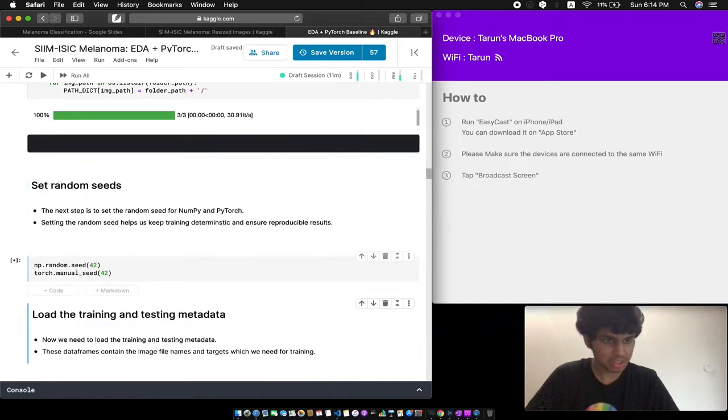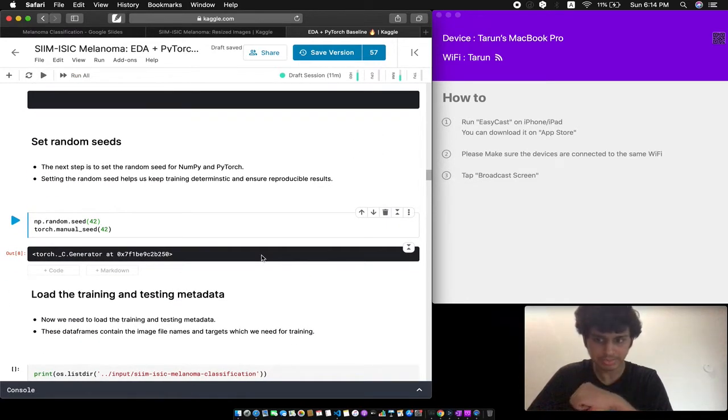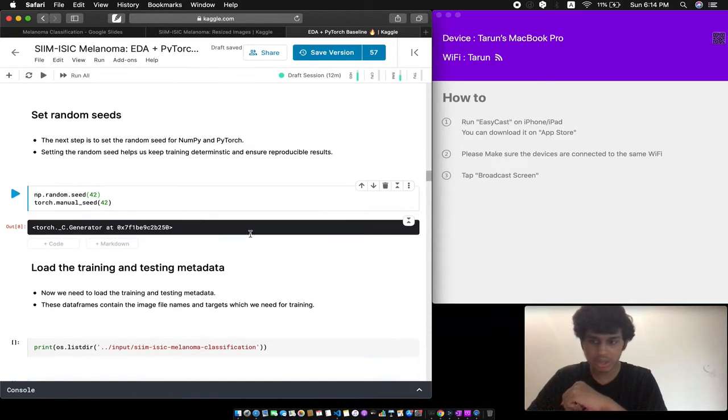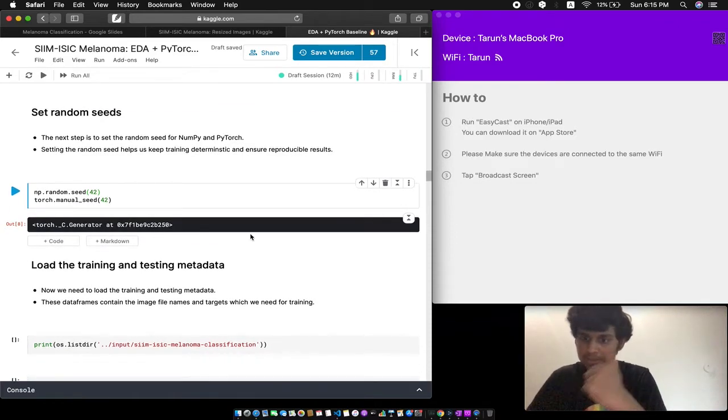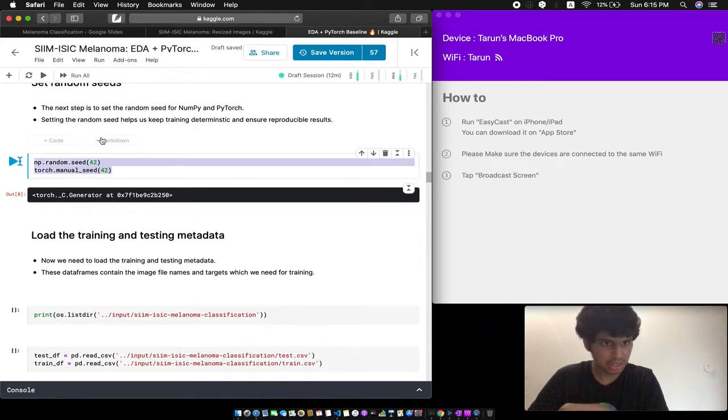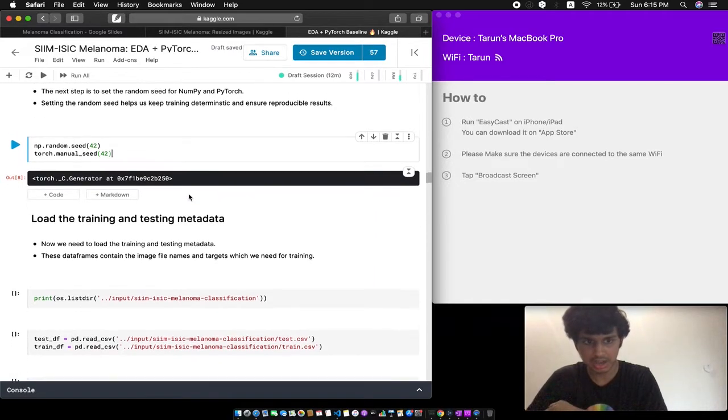Okay. Now we set the random seeds for PyTorch and NumPy. This will help us keep our code deterministic, because without setting random seeds, our code will generate different results every time, and that will make our results unreproducible. I'm not sure what the opposite of reproducible is, but to make sure our code is reproducible and others can reproduce your results, you need to set random seeds. Because when you create a neural network, a lot of things are done randomly. The data is sampled randomly, the weights are initialized randomly. So if you set the random seed, you'll make sure you can replicate your experiments again and again.